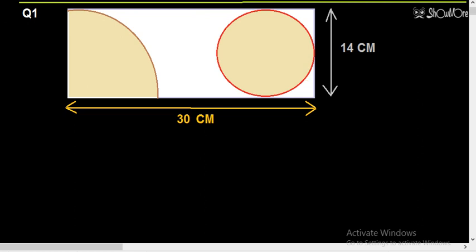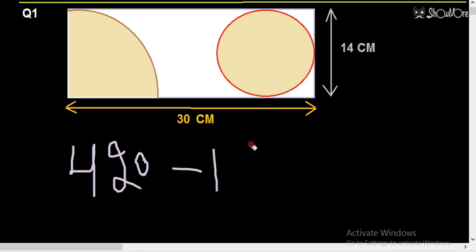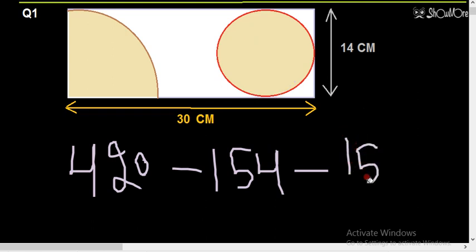So what we will do here, we have calculated the complete area of the rectangle. Area of rectangle was 420, 30 into 40. 420 minus this 90-degree sector area. इसको subtract करेंगे. We have to subtract this area. So 154, okay, 420 minus 154 minus this circle area. So this circle area is also 154. So that means 154 will be more subtracted. So this is equal to 420 minus, I think, 308.